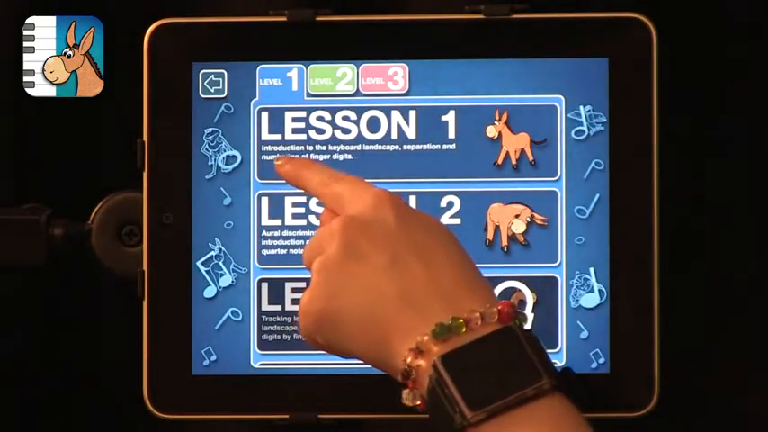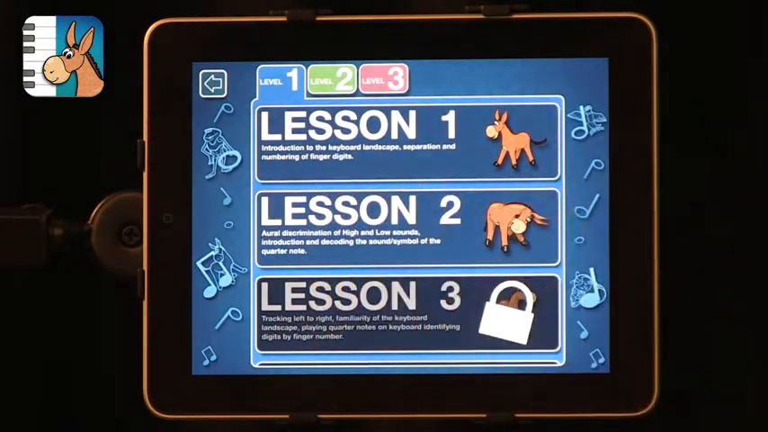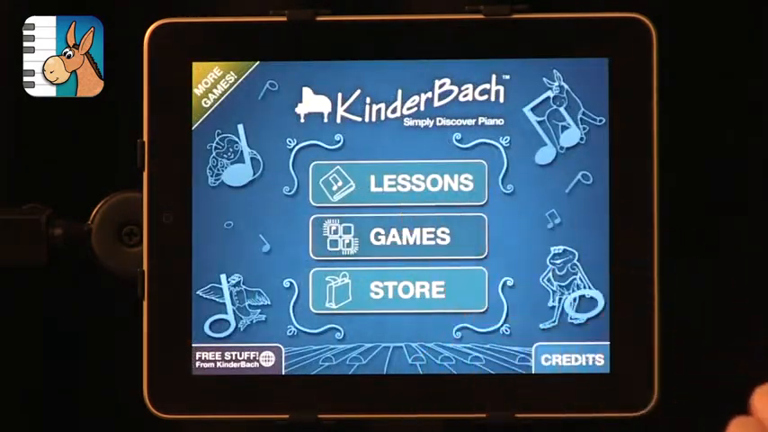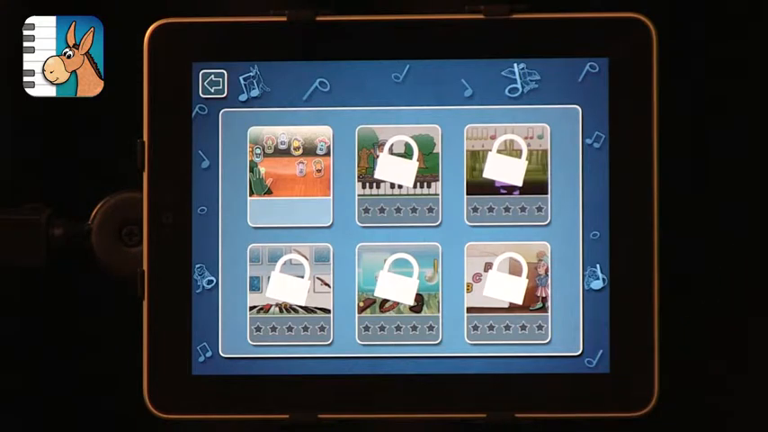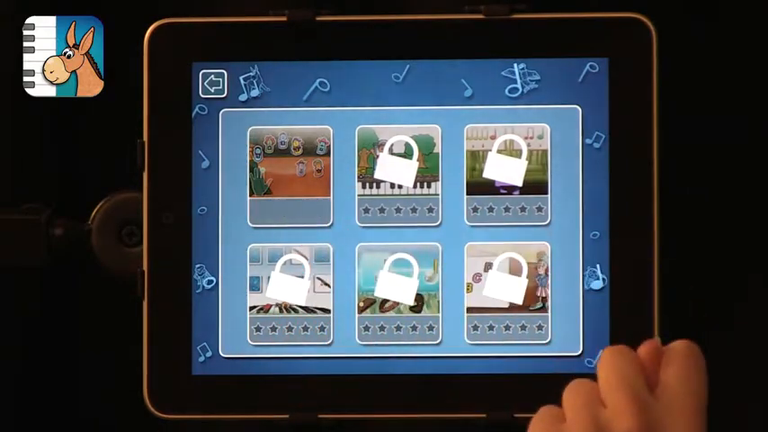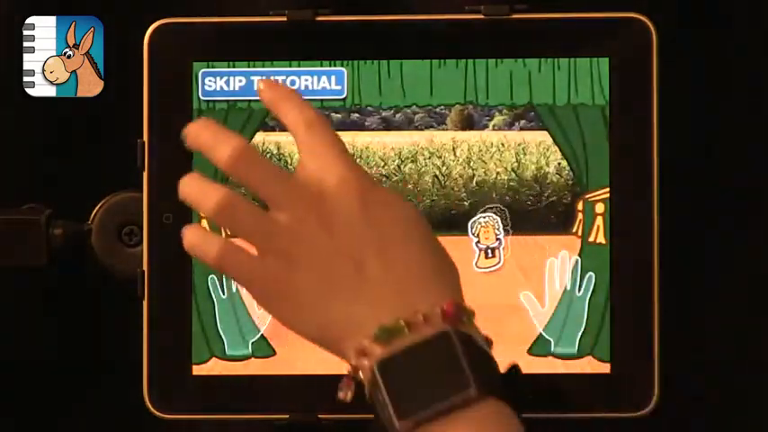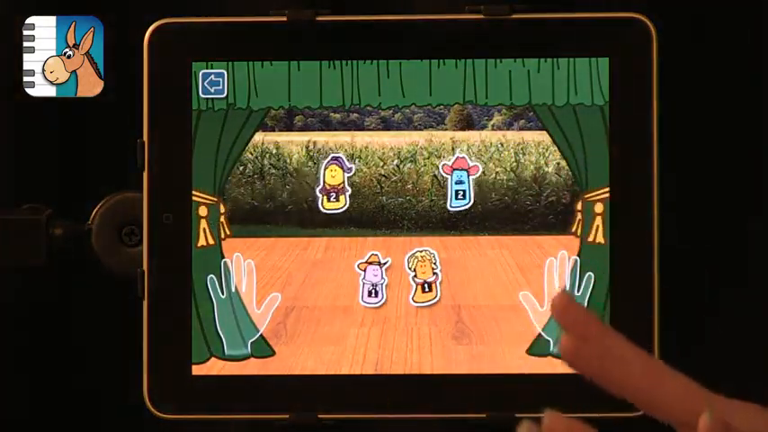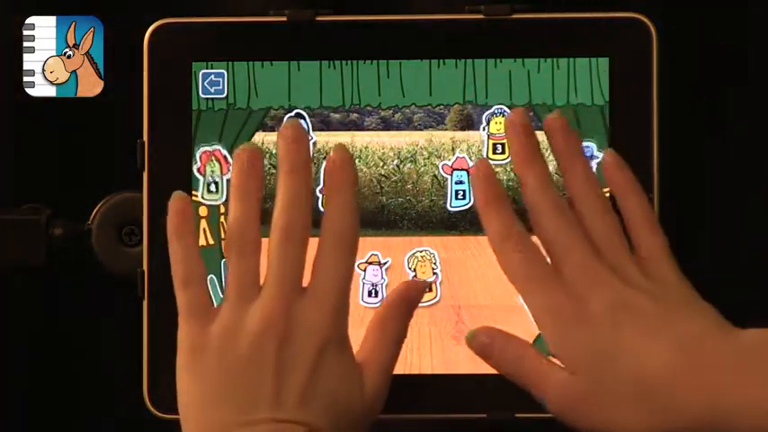Underneath the lessons, it gives the lesson objective or the topic that's going to be covered, and on the main screen you can also access games. In the free version, only one game is available, and this is the game that corresponds to lesson 1. It's just a finger game. Let's skip the start tutorial. It's called the finger dance, and what students do is they put up their hands,